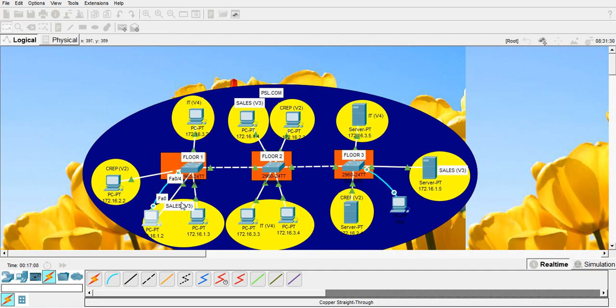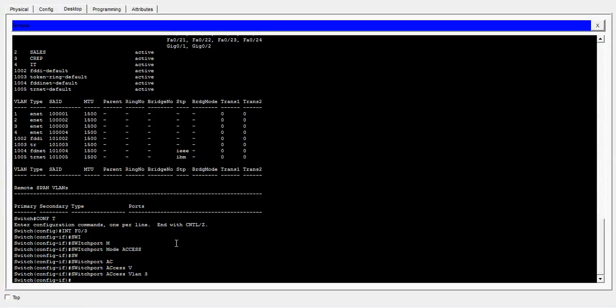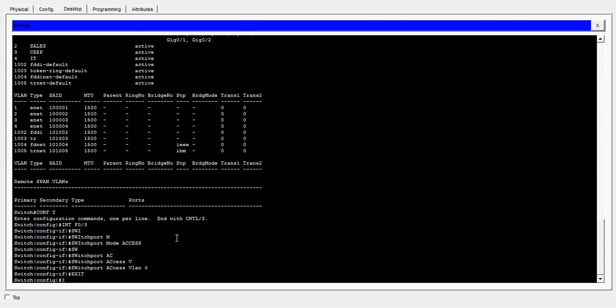VLAN 3. Okay, so I'll still log into the switch interface. Let me use the range command. Now the range provides a way to specify a range of interfaces that you want to configure for the same command. So for example, what I want to do now is assign port 4 and port 5